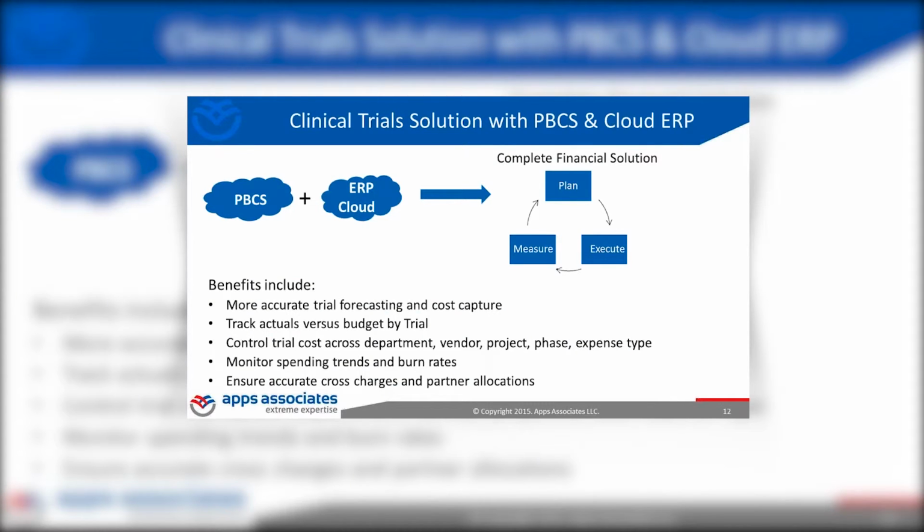What you get from this is more accurate forecasting and cost capture, and the ability to track on a trial basis. You can slice and dice the data many different ways. Once I have it in a planning solution, I can look at my costs by project, or by project and vendor if I have several CROs or major providers involved, by trial phase, and by expense category. So there's some visibility here which will allow you to better manage